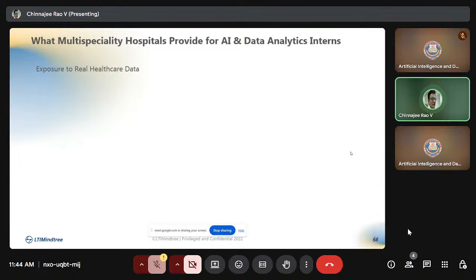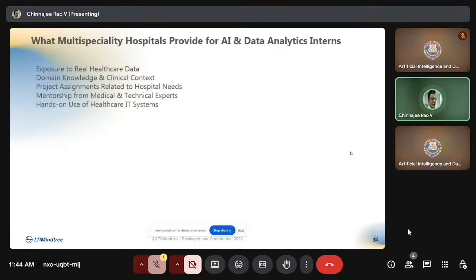They already have the exposure to real healthcare. Those who are coming as interns, first they will teach them. This internship is happening, as I said, after two years itself they are coming, and they will start giving this input in the third year itself. Okay, exposure to real healthcare, then domain knowledge, then project assignment related to hospital needs, then mentorship by medical and technical